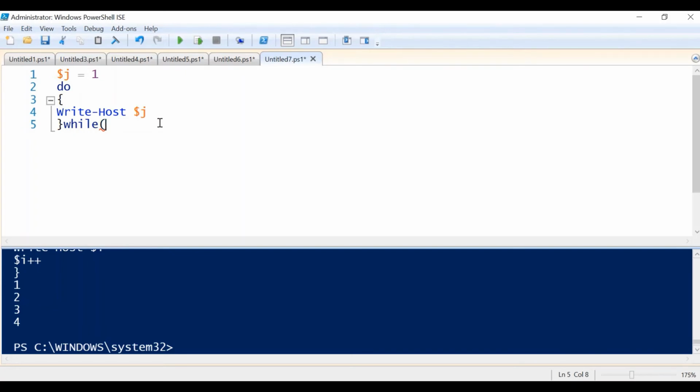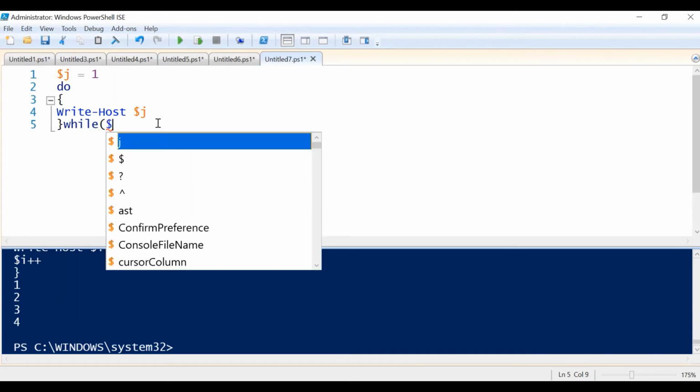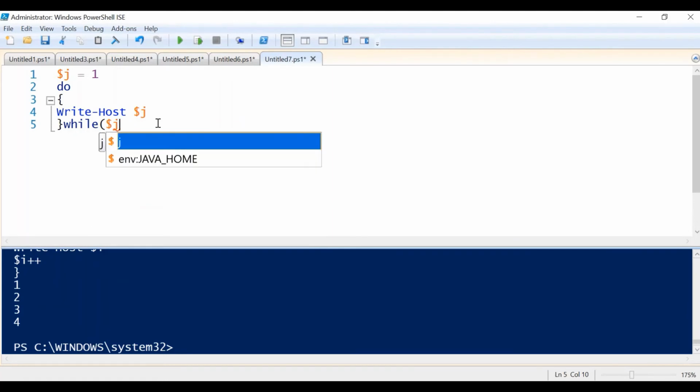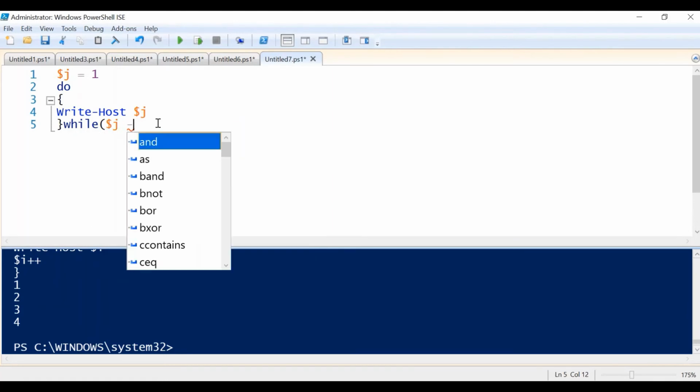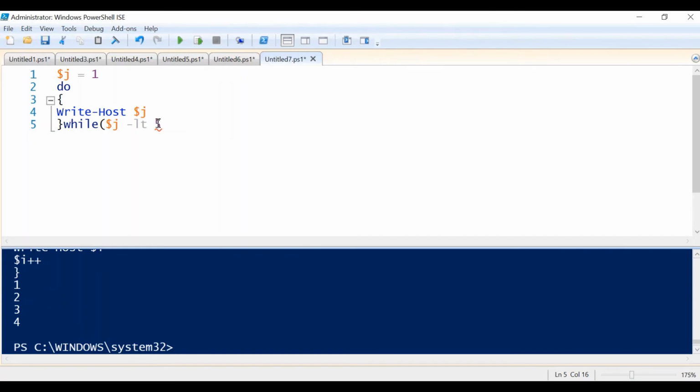With while, I'll give a condition like the value of this variable j is less than 5. Just like our while loop, I'll increment the value of j here. So when I execute this script, we will get the same result.